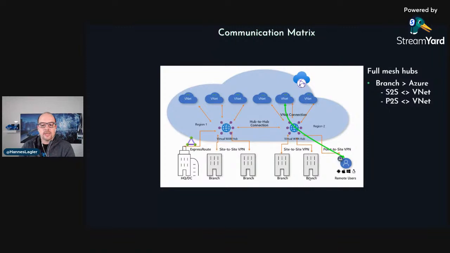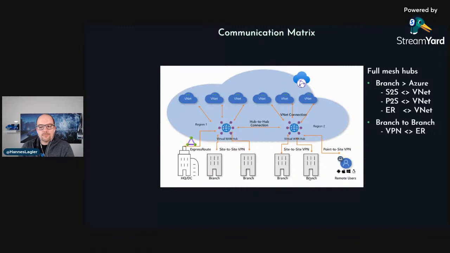So in this case, you have your own laptop at home and you can connect to the environment. Over ExpressRoute from a headquarter. When we think about branch-to-branch connectivity, we can use the Microsoft backbone to connect over site-to-site VPN and ExpressRoute over 2 different regions.